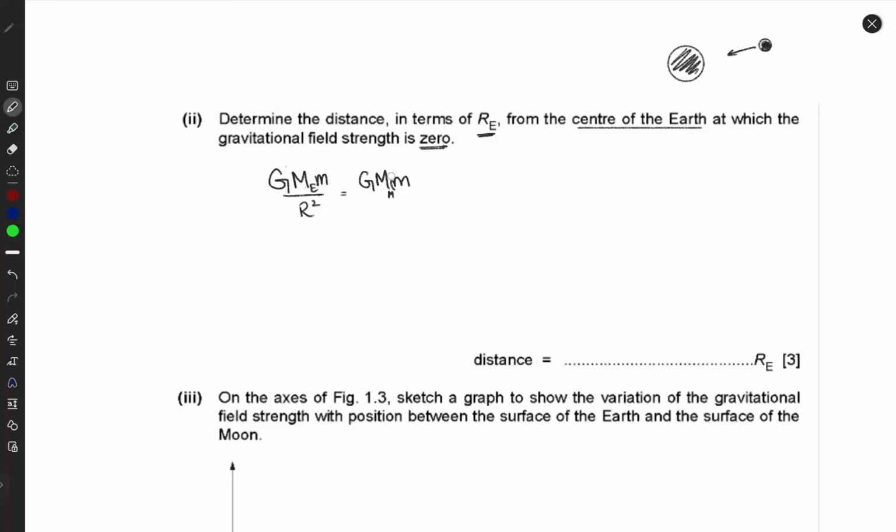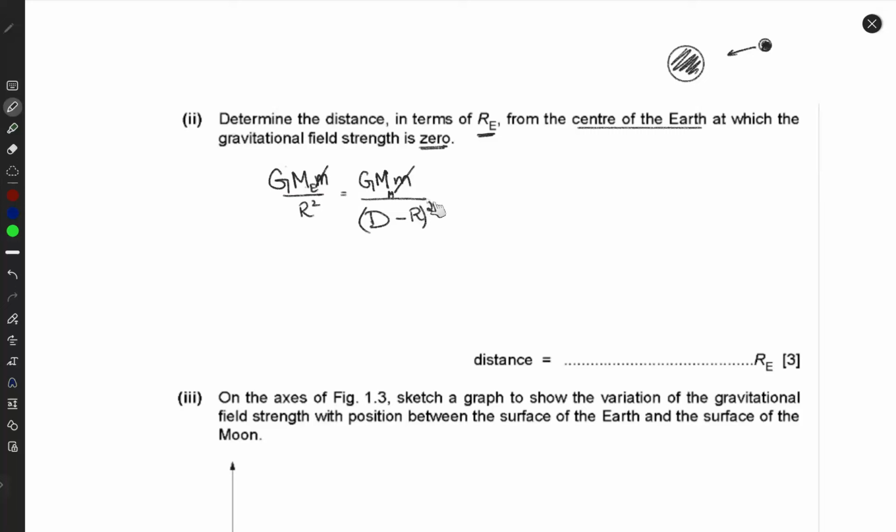So one of the masses can just go away, in that this mass will cancel with this one, and here we have r squared again. But this would not really be r squared, because the distance for this Moon would be some distance d minus this r. Actually, it would be this minus this, squared. And the reason for that is because